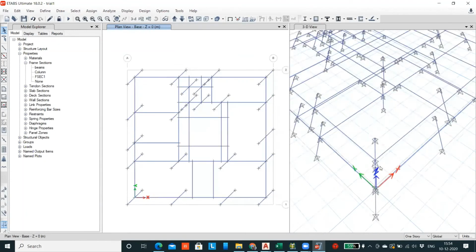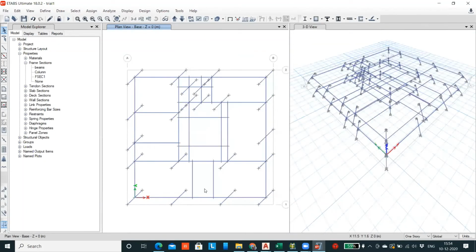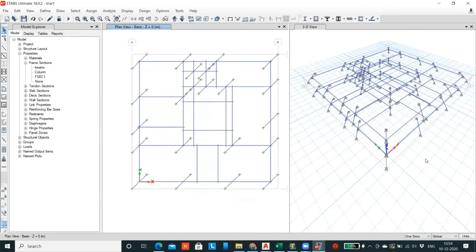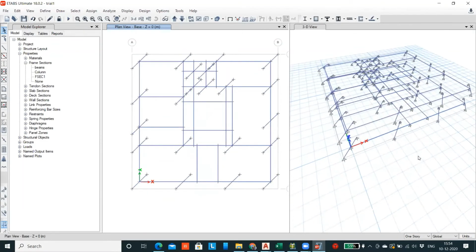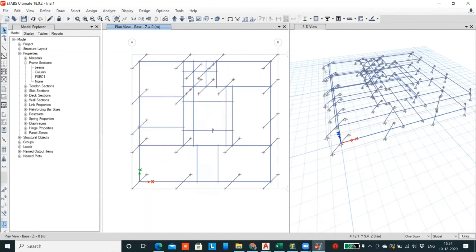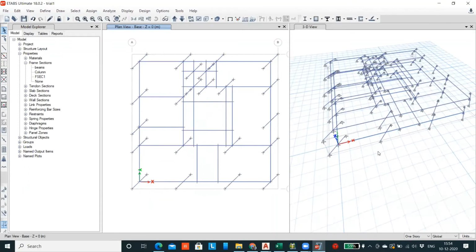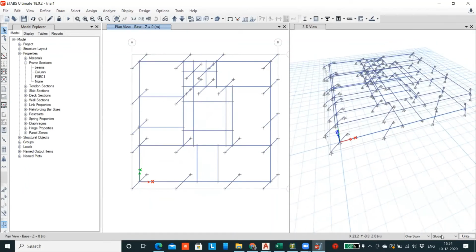So now you are having 2 points. So the first and the second point from 3D view, you can connect them to get the column locations. Before that, it is confusing to have 2 slant lines, so you can delete one of the slant lines by simply going to the edit one story option on the right side bottom. You can see one story option is there. Go there, make sure that one story is there, and then select these lines and delete them.